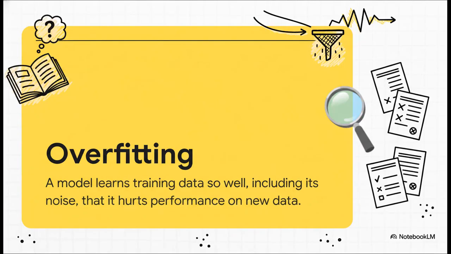So what exactly is overfitting? Well, the best analogy is studying for a test. You could get the answer key to a practice exam and just memorize every single answer to every single question, right? You'd even memorize the typos. You would get a perfect score on that practice test, no doubt. But have you actually learned the subject? Of course not. The moment you see a new question, you're lost. Overfitting is the exact same thing for a machine. The model doesn't learn the real pattern, the signal. It just memorizes all the random quirks and noise in the data it was trained on.